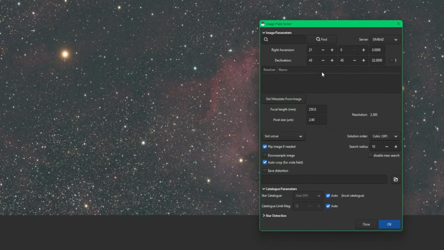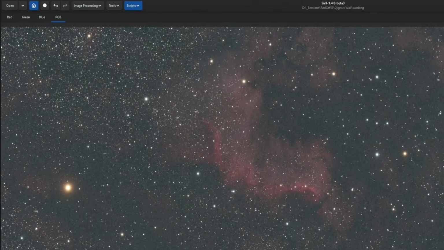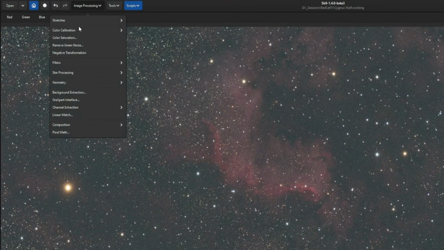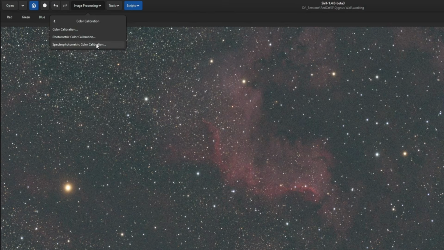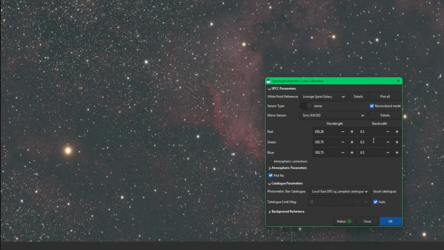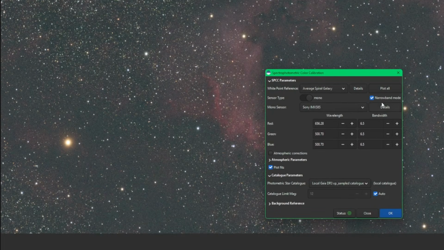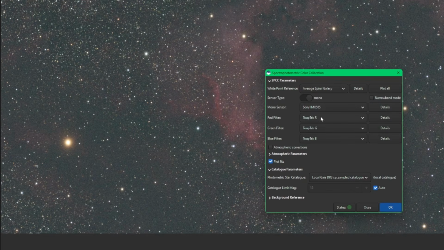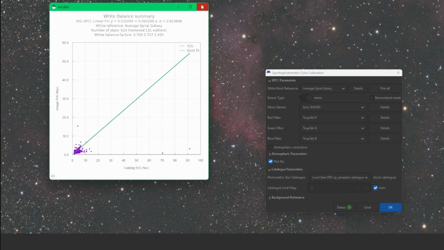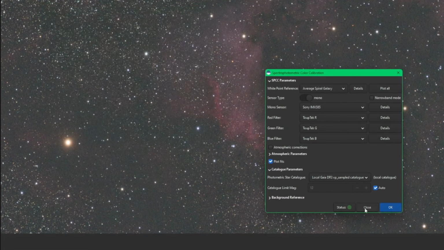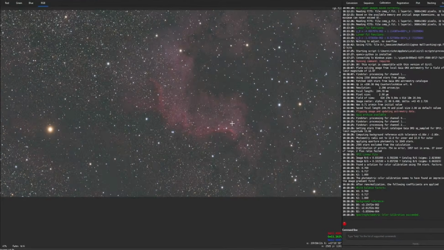As usual, all my information is in here. It's being pulled from the FITS header. So I'm going to click OK. And then we're going to come over into Image Processing, Color Calibration, and Spectrophotometric Color Calibration. We're set to mono. I'm going to untick narrowband because I use my TubeTech RGB filters for this particular set. And click OK. All right, we'll get rid of our white balance summary, close SPCC, and now we are fully